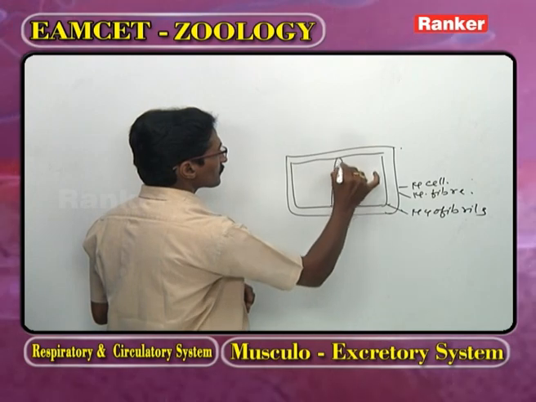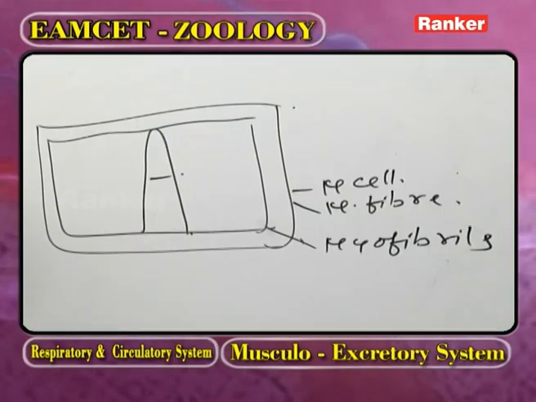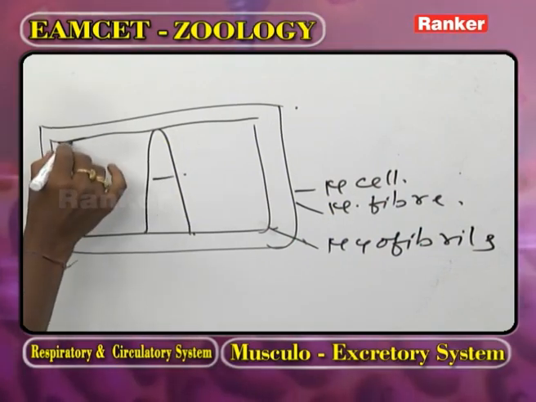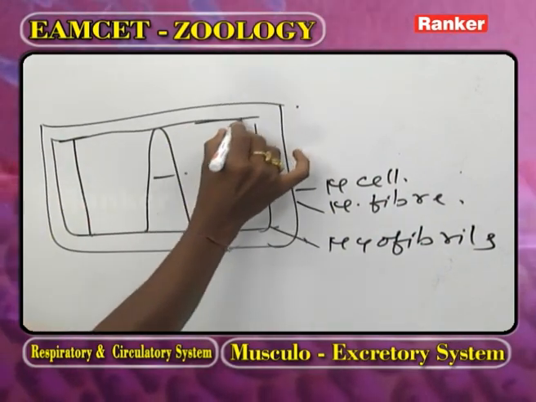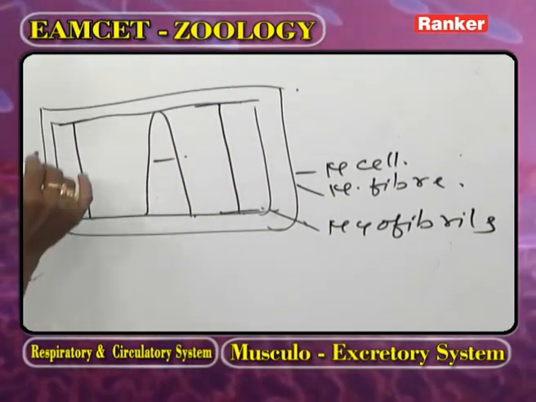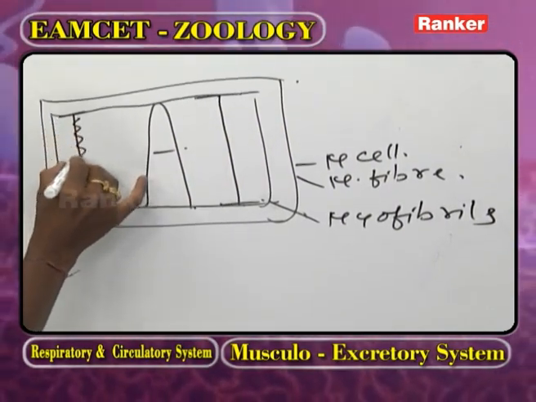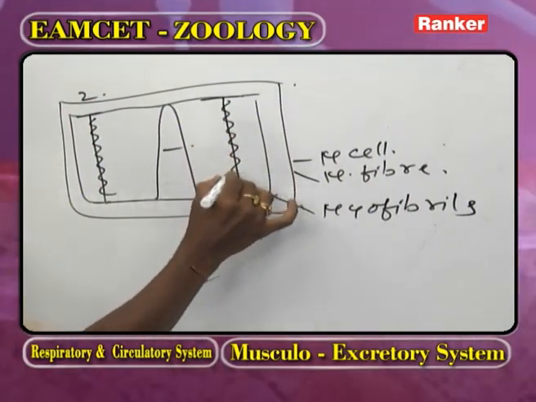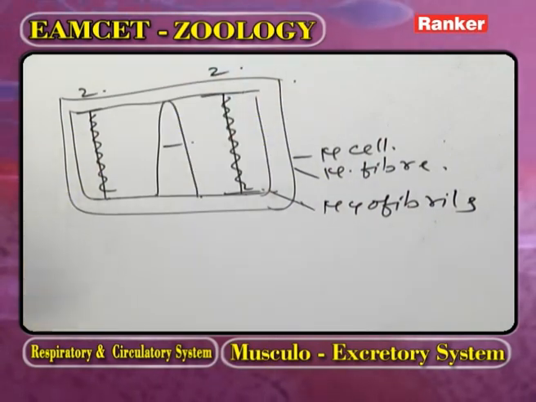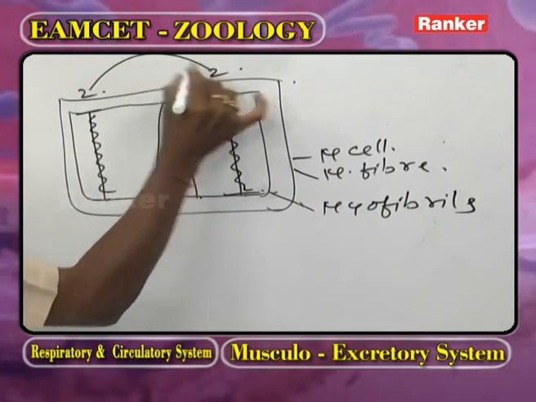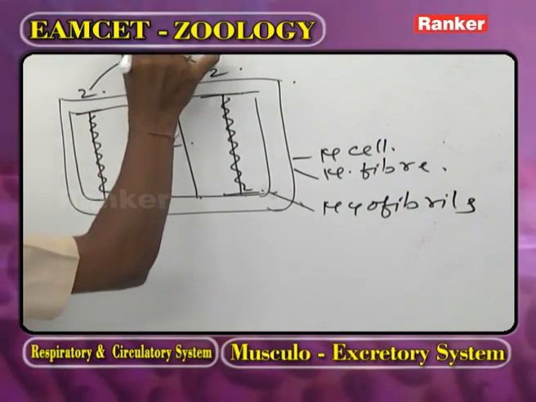This is A band. This is I band. Another I band. The I is divided by the Z line. The I divides into 2 by the Z line. The distance between two Z lines,